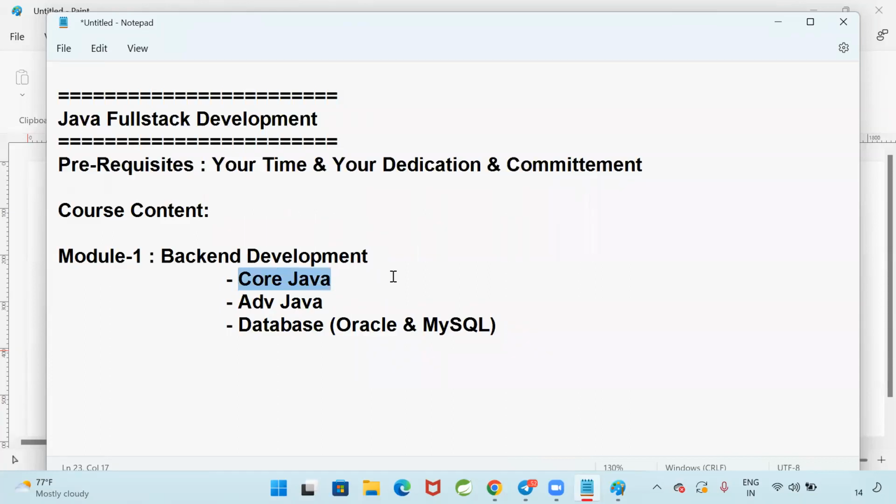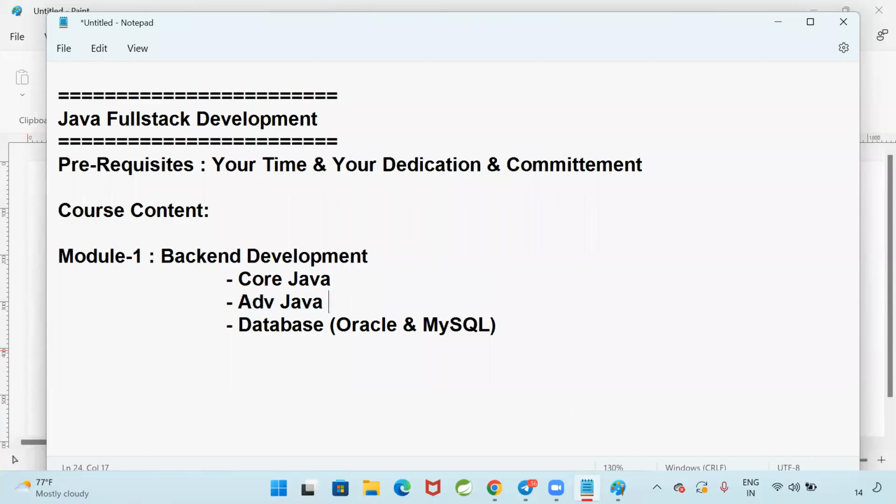Programming fundamentals will be available. You are going to learn programming basics, programming fundamentals, programming syntaxes, programming elements, and you will learn how to write a program in core Java. That's it. When it comes to advanced Java, you will get more knowledge to develop a website. You are using Facebook, WhatsApp, Gmail, Naukri, IRCTC, so many websites. To develop such kinds of websites, we are going to learn advanced Java.